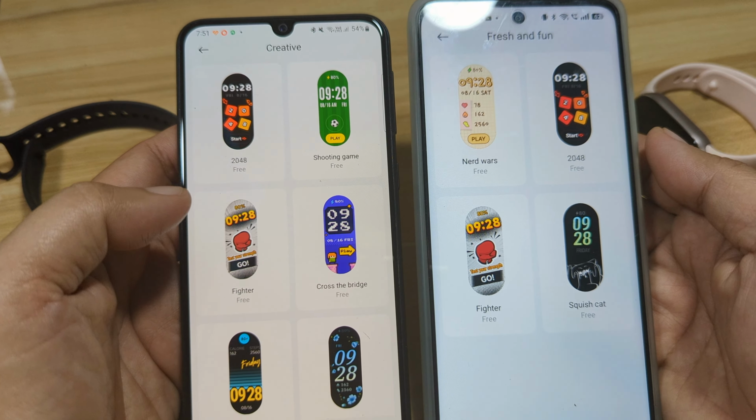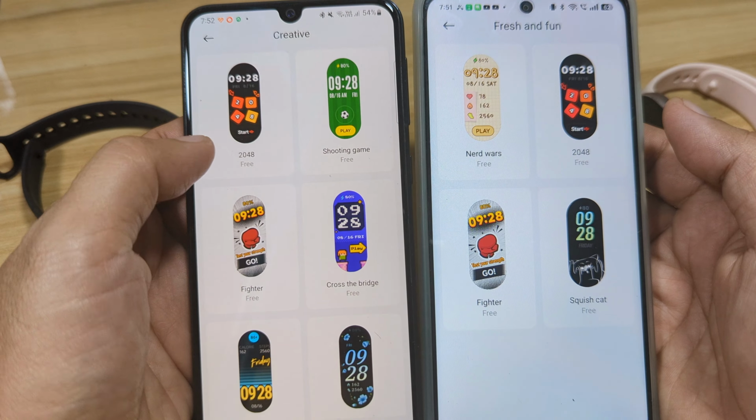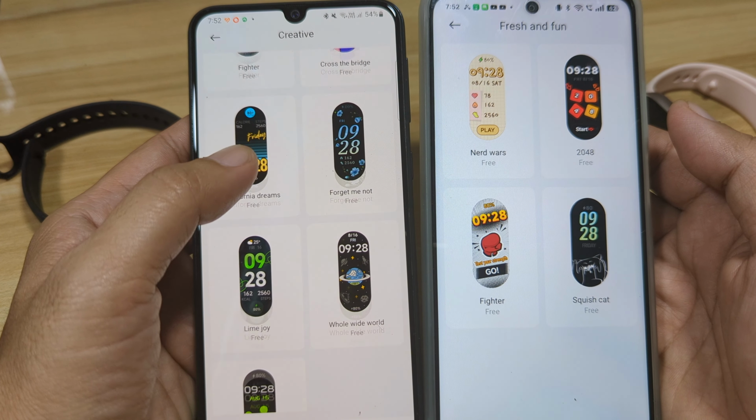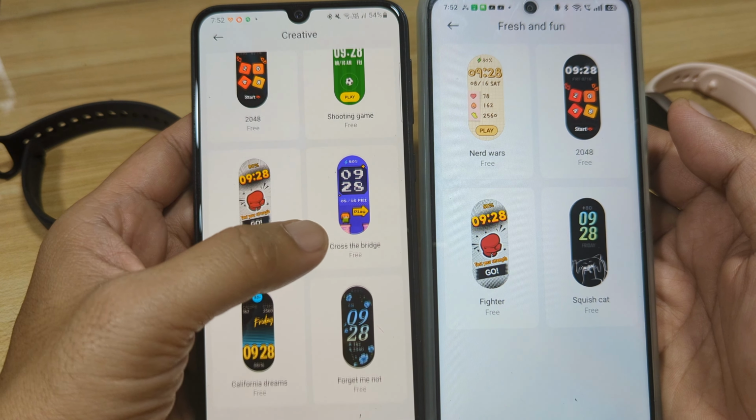So we have at least three games: the shooting game, 2048, fighter, and our favorite, the Cross the Bridge, and we don't have it here in our Xiaomi Smart Band 10.